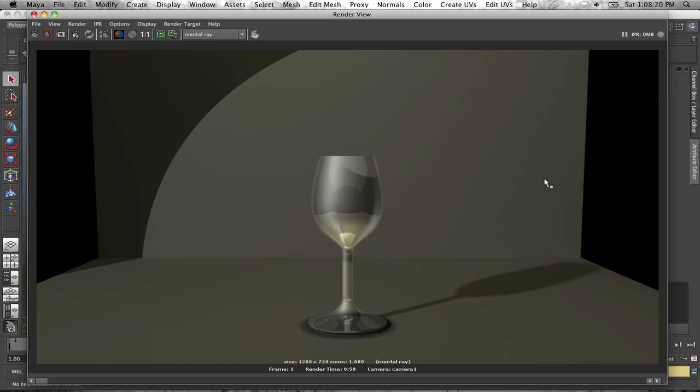Alright, welcome back. So this is part 2 of the wine glass tutorial. If you haven't watched part 1, I would strongly recommend going back to it so you can catch up. And so obviously with the wine glass, you can achieve something like this. For this tutorial we're going to go over basically the transparency and how to create something like